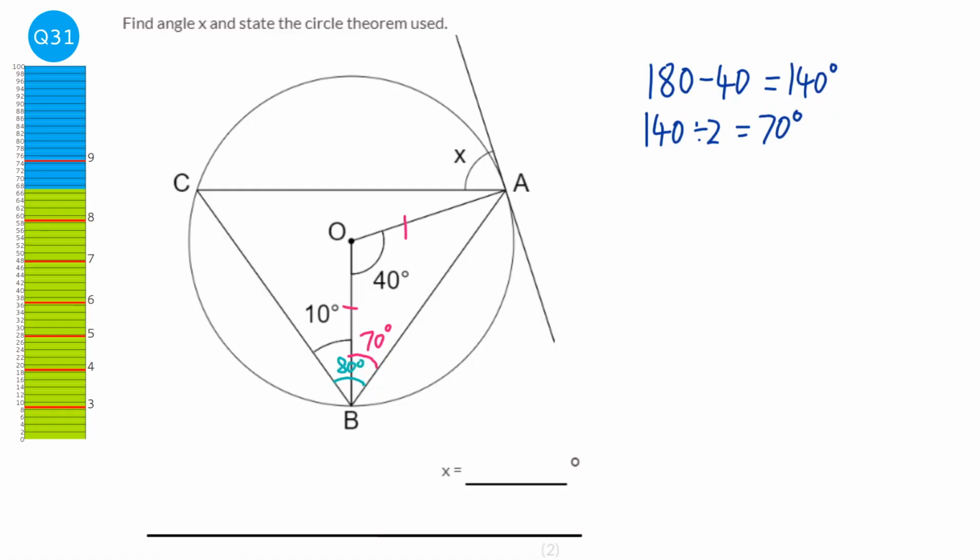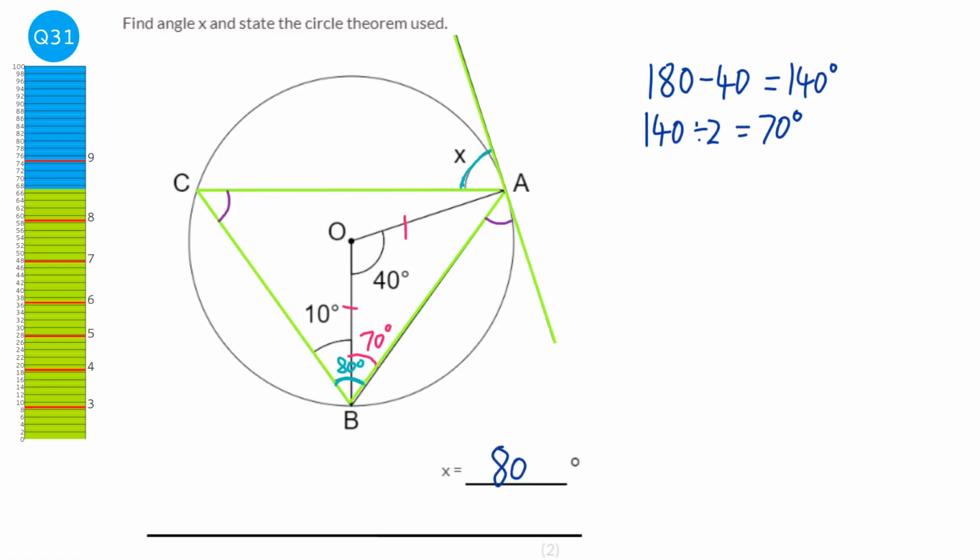And we use a circle theorem here called the alternate segment theorem. What the alternate segment theorem states is if you've got a tangent and you have a triangle coming off it, which we do here, then the angles here and here will be equal, and also the angles here and here will be equal. It's basically the angle between the triangle and the tangent and the opposite side of the triangle. Alternate segment theorem is quite hard to spot sometimes, so we know that x is going to be 80